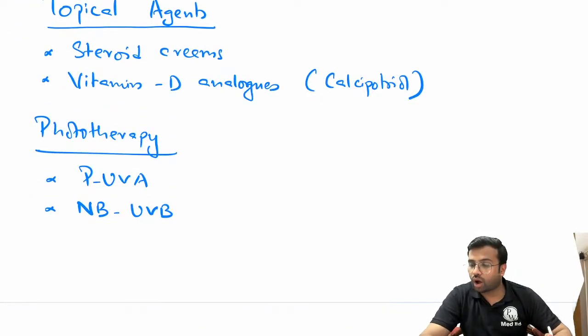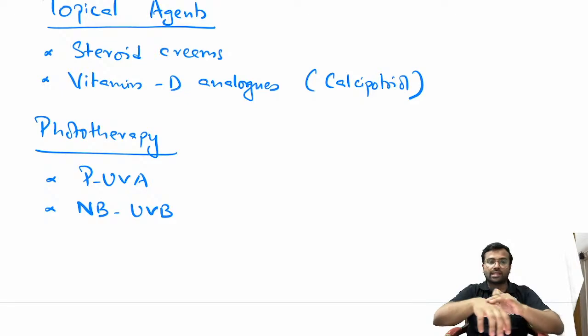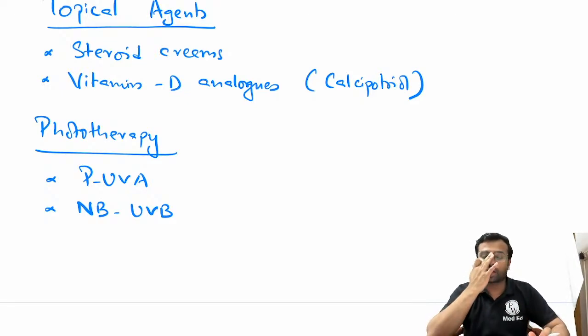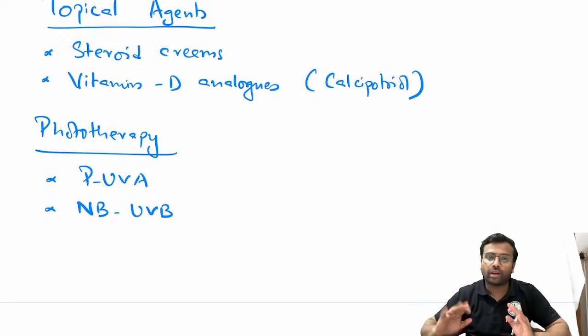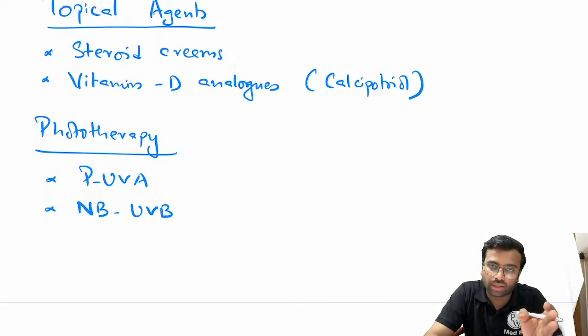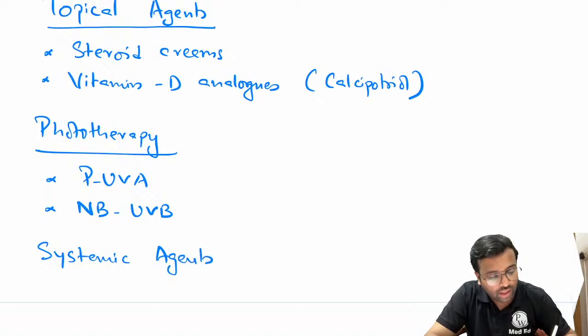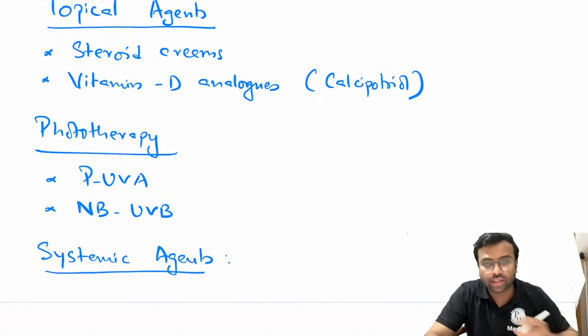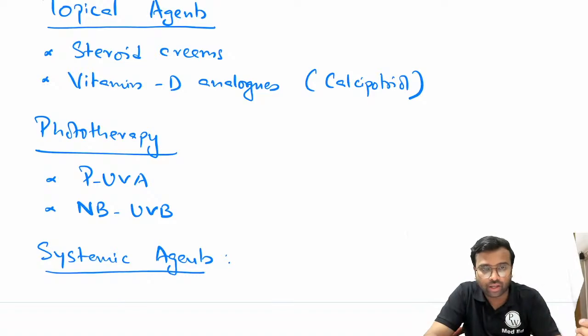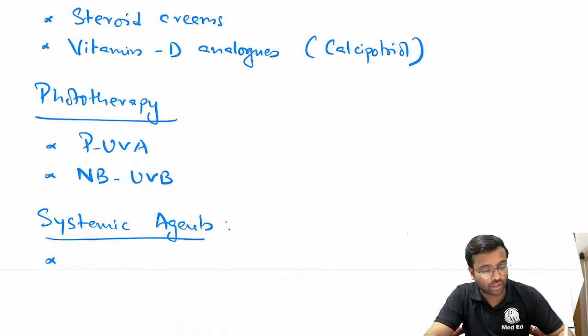Correct? So after UVA and UVB phototherapy, we already spoke about topical agents, and then we have added phototherapy. After phototherapy, now we are going to use systemic agents. Systemic agents means it can be either a tablet or an injection. So in systemic agents, the most important one that you should write down is